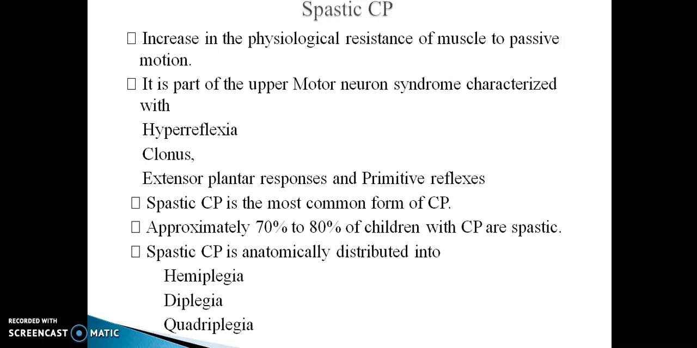That will be common here, and it is an upper motor neuron problem. Two things will be very significant. If you test deep tendon reflexes, you will see hyperreflexia, and then on movement, you will see clonus, that is repetitive contraction and relaxation of the flexor muscles, either of the upper limb or of the lower limb. Then extensor plantar responses and persistence of primitive reflexes are common in